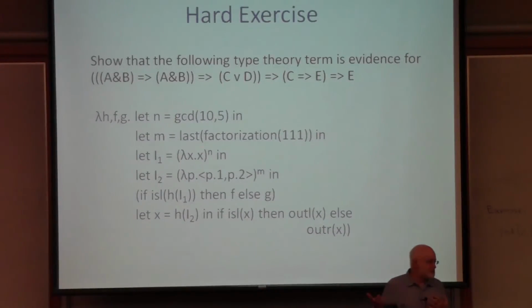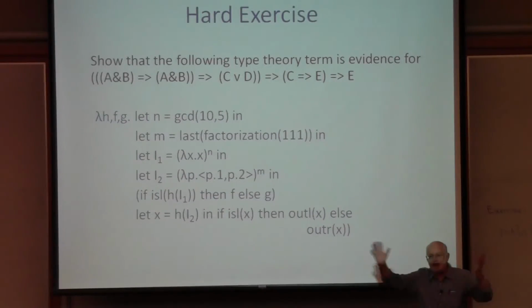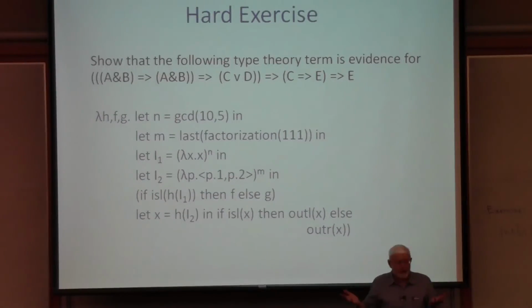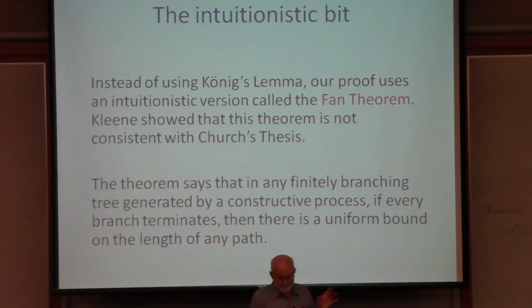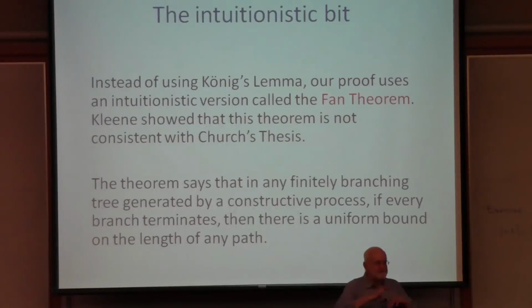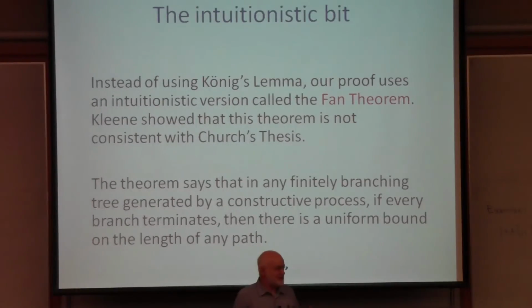And if you feed that into our algorithm, what does it do? It normalizes away the GCD, finds that it's 5, plugs that in for n, iterates the function n times. It does a lot of work, but in the end, it comes up with a proof in first-order logic. Okay, now comes the real business. So we finally had the procedure. There it is. Complicated, lots of lines of code, and we wanted to know, how do we know this blasted thing terminates? How do we know on any evidence it's going to terminate? And that argument